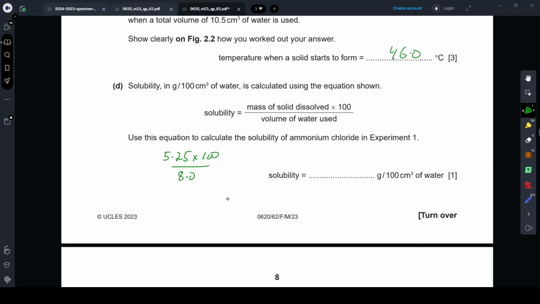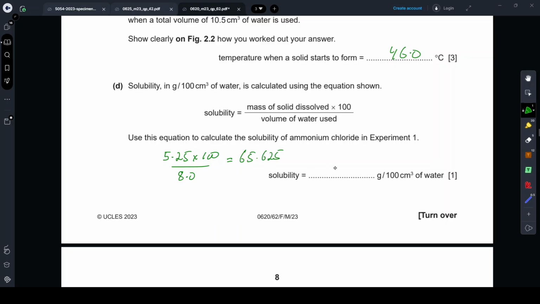We multiply 5 point. Oh, okay, no, wait. Like this. I'll do it again. 65.625. Right,